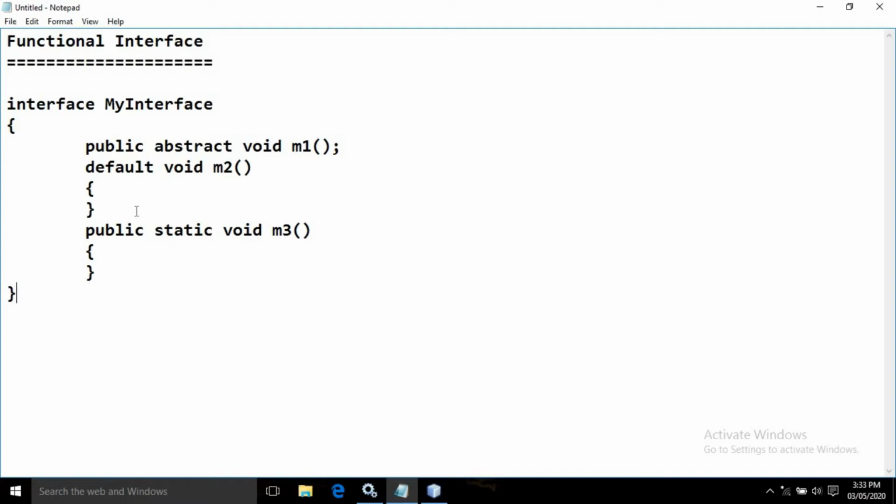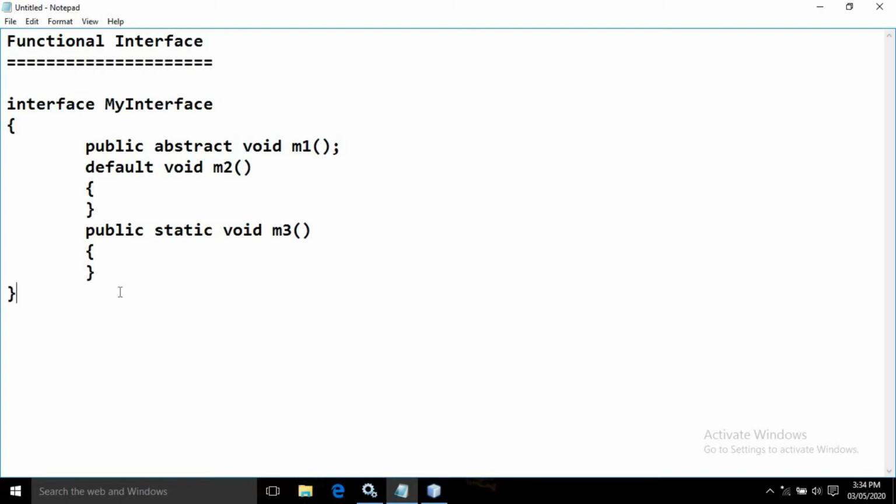In Java 1.8, an annotation is provided called FunctionalInterface. The compiler uses that annotation to check that the particular interface must contain only one abstract method.